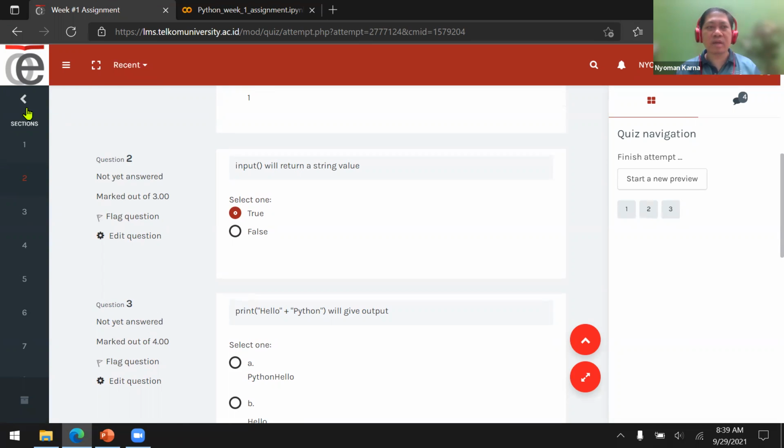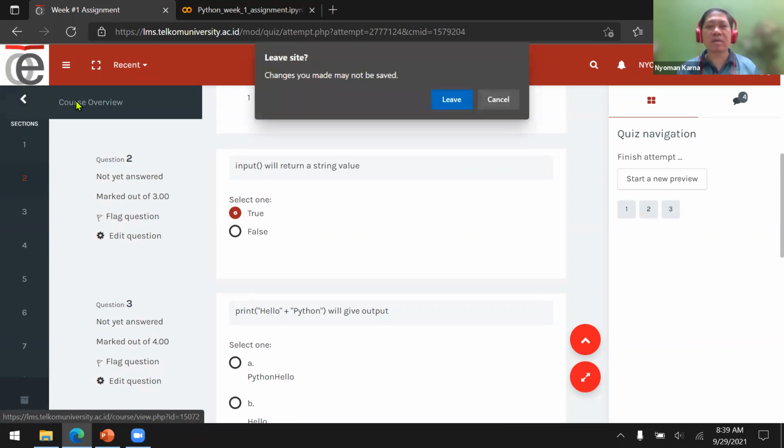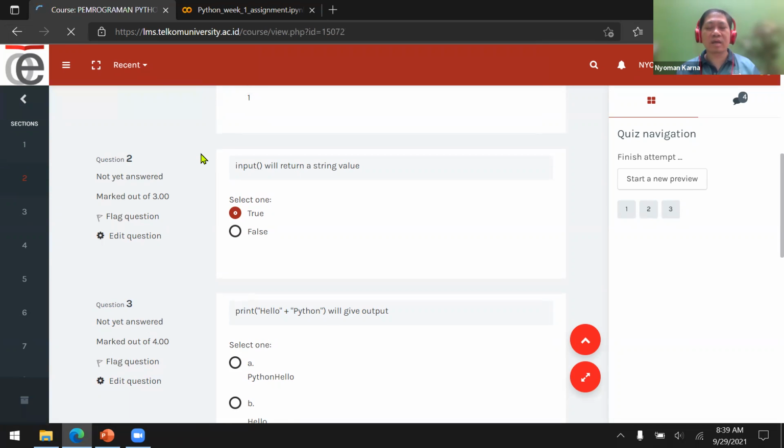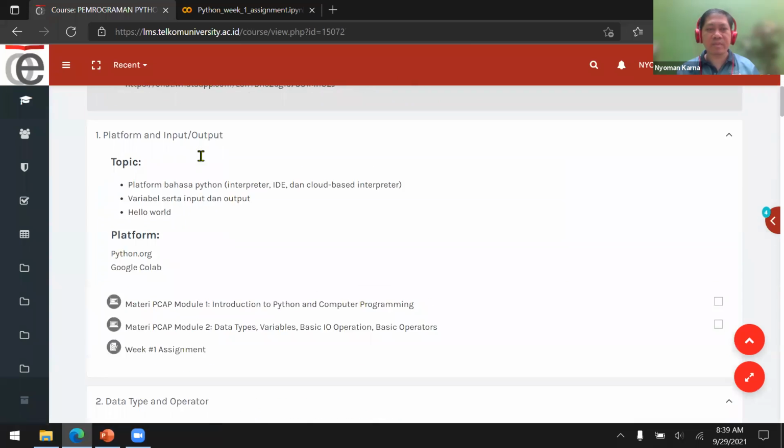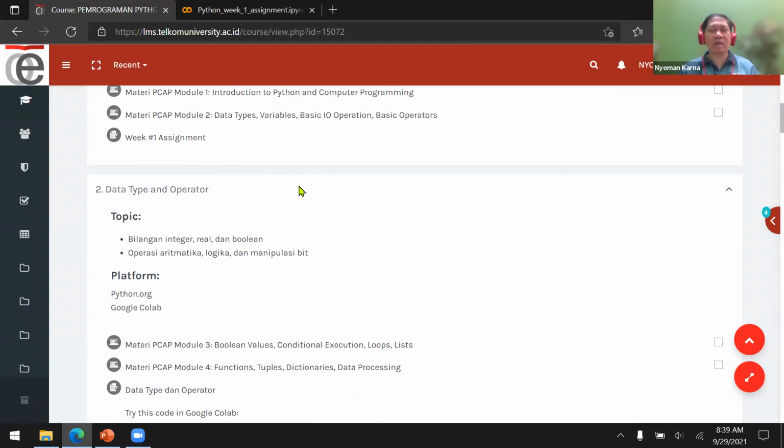Now, today we're going to discuss data types. For the second class, we're going to discuss data types and also operators. The data type we're going to discuss is integer, which in bahasa Indonesia is bilangan bulat, and then real.